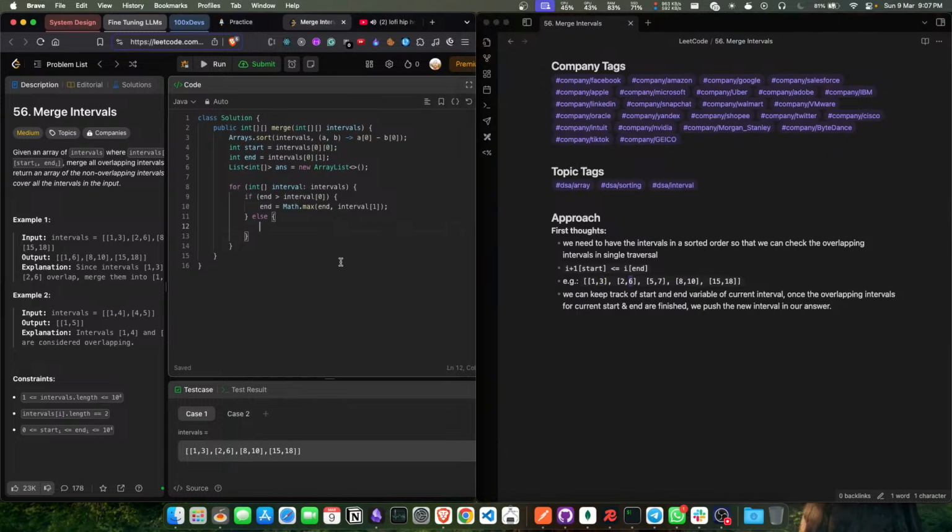Else, if this is not the case, you have to check the equal to case also now, because if this was, let's say, 6 to 7, yeah, this is the correct condition. Otherwise, what we'll do is